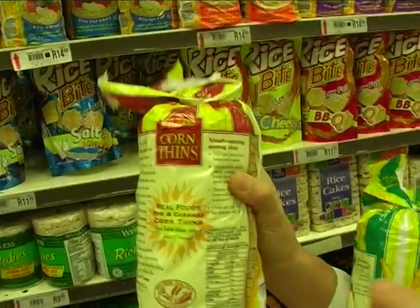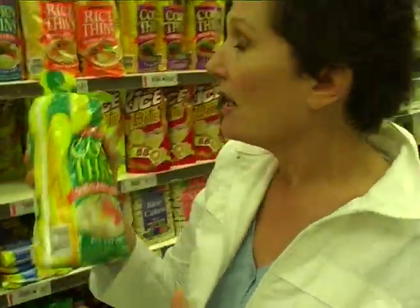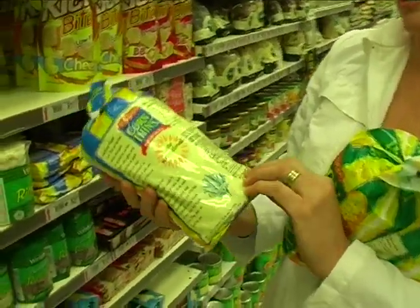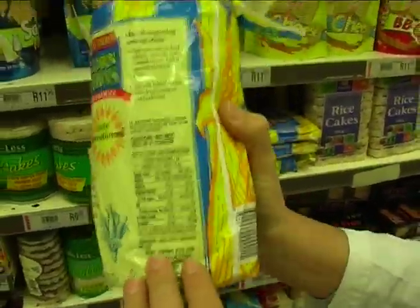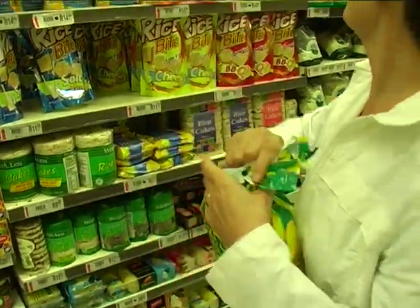So don't just think that because one label's okay, everything under that label is. I must stress that again. So I like these. The green label's the one that I go for. Even if you go for this one, which is the original, it's got maize, sunflower oil and salt. And again, that is a highly processed oil. So you'll find it will also repeat on you. Whereas this one,